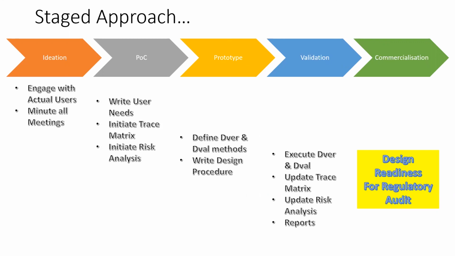Now, this is the bare minimum must-do, which you make sure you follow, and keep updating the trace matrix as you complete your prototyping stage and as you do your validation. You don't have to do anything else. Because if you have this one Bible in place, you will be able to recreate everything else using this one document, the trace matrix. As you reach close to completing your validation activities, you can actually start writing a design procedure, because by then you've done most of the work, so you know what you did, and it's a lot easier to sit and write a procedure at that point.